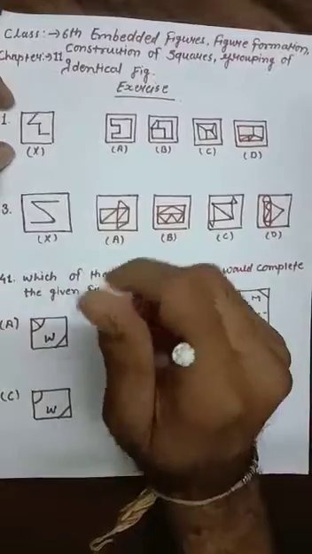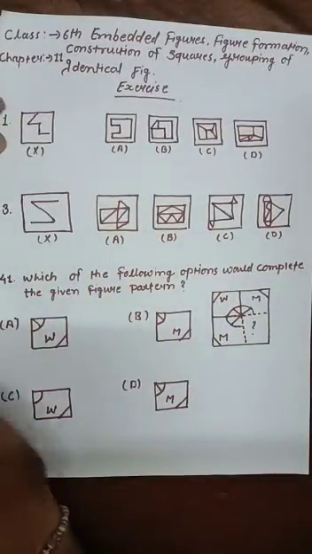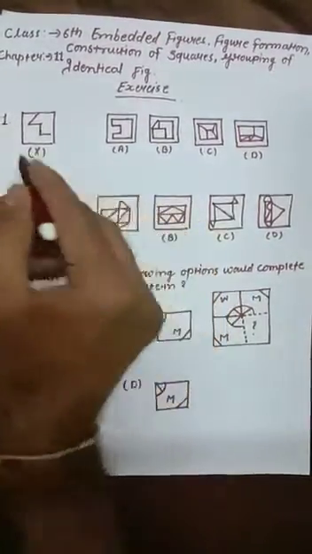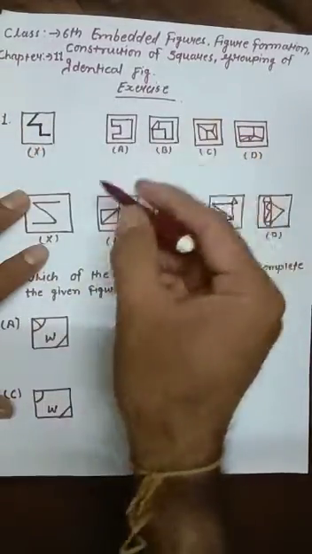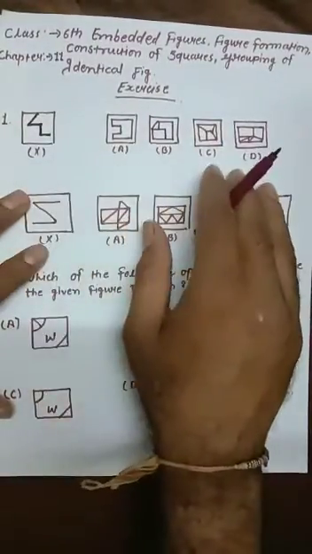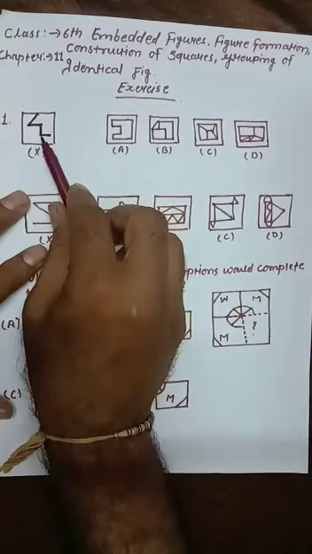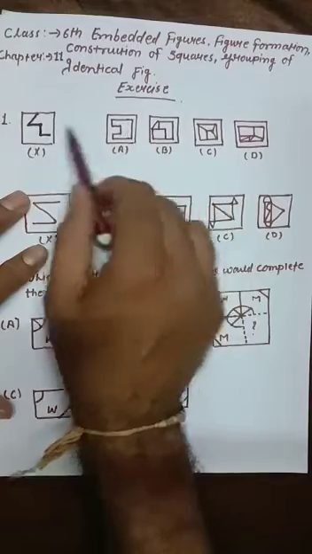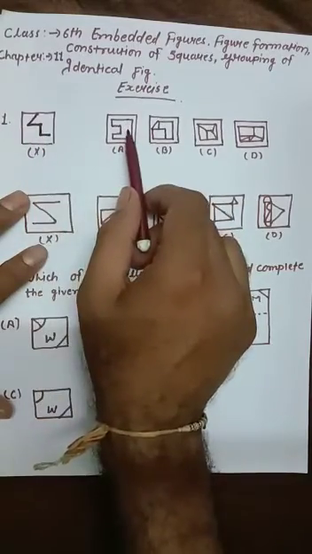We'll discuss that. In question number one, it is given that we have to find the embedded part. This kind of figure is given to us and they have given us four options. We have to find in which of the options the figure contains this embedded part. If you go through the first figure, it is not possible to create this kind of figure with the help of that figure.